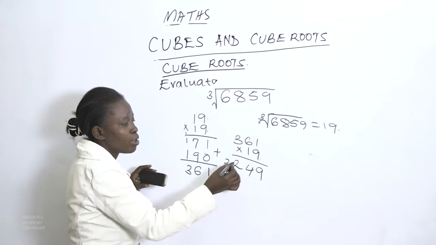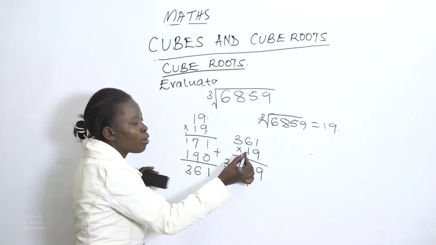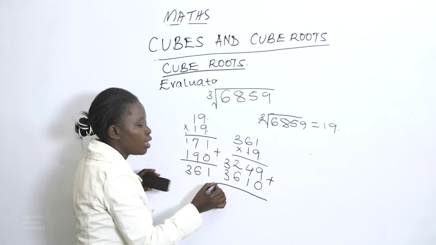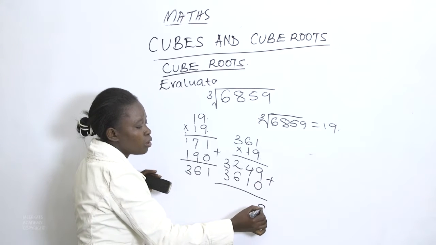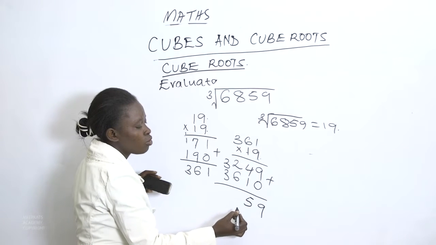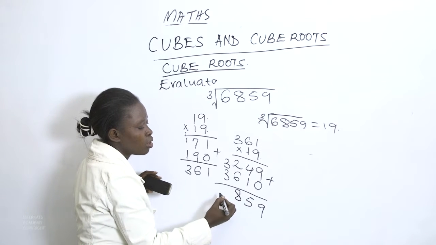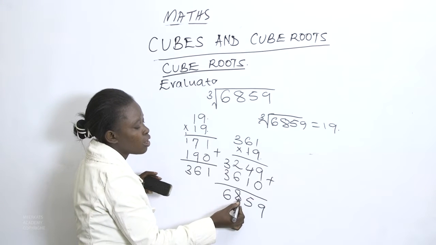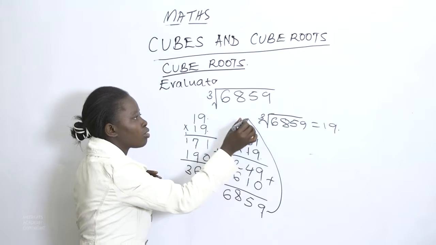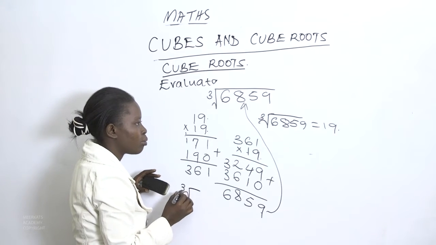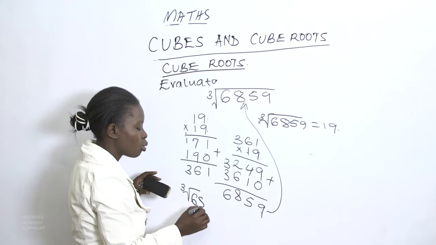Then 1 times 1 is 1. 1 times 6 is 6. 1 times 3 is 3. Then we go ahead and add. 9 plus 0, 9. 1 plus 4, 5. 2 plus 6, 8. 3 plus 3, 6. So 6,859. It is the same with what we have there. So it then automatically means that it is true. The cube root of